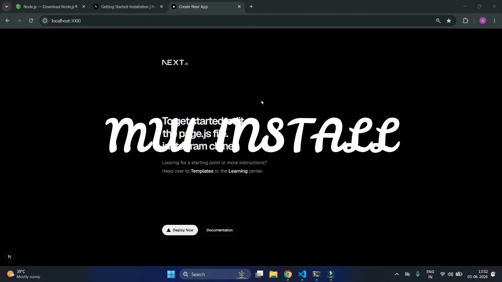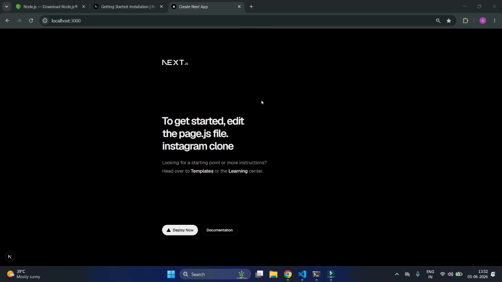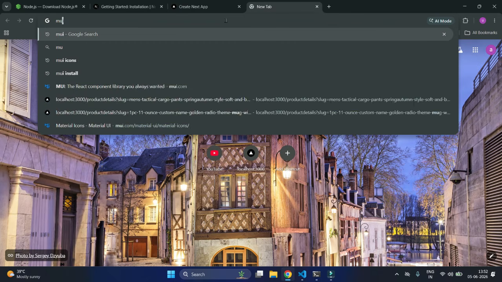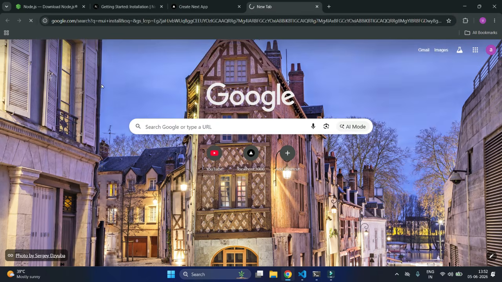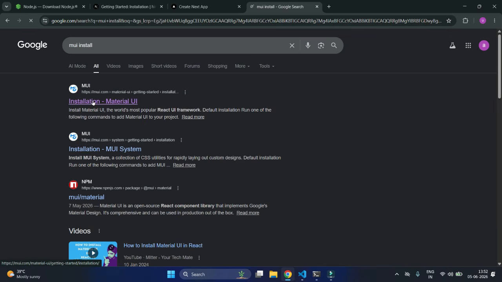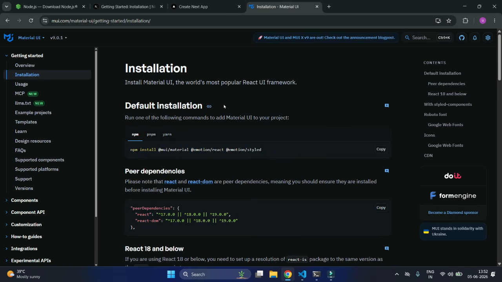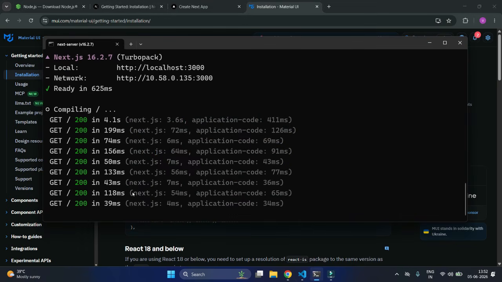Now it is time to also install Material UI. Okay, next. So install Material UI, and then you have to run the command. You have to go to the MUI installation page, and then install. Install Material UI, the world's most popular React UI framework. So just copy this command, and then here